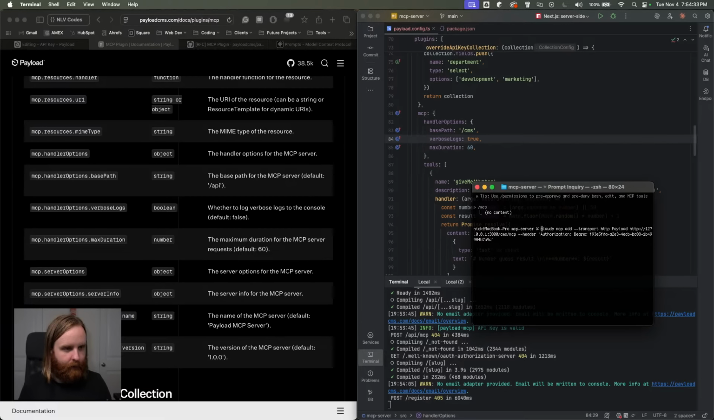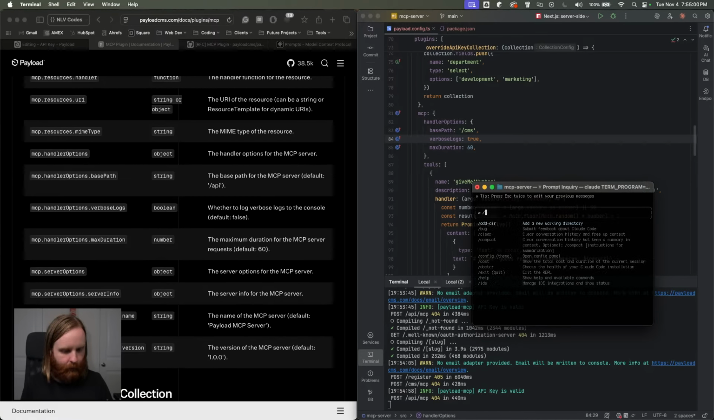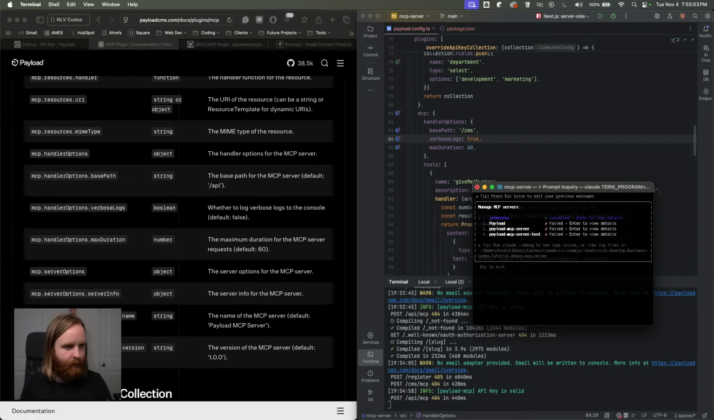Then beyond that, maybe I don't want this to be named payload, but I can just do something like pcms. I'll just do payload MCP server test, just to mix up the title a little bit. So that got added. Now if I run Claude, now it says 3 MCP servers. I can't connect, so